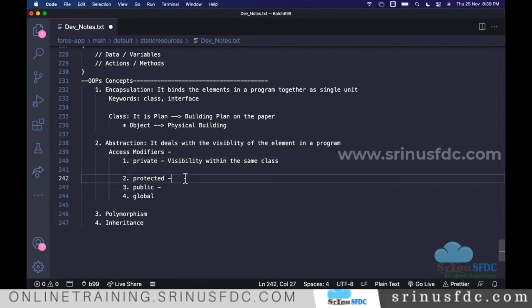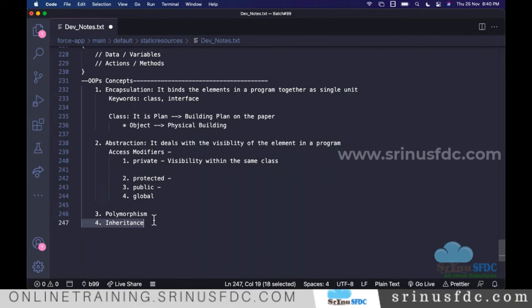So that is private. Protected means visibility within the class and the related classes. We have a concept called inheritance. Using inheritance, we establish a relationship between the classes. We say parent class and child class when there is a relation.